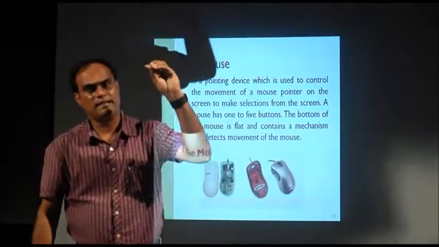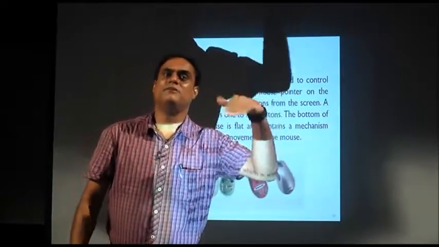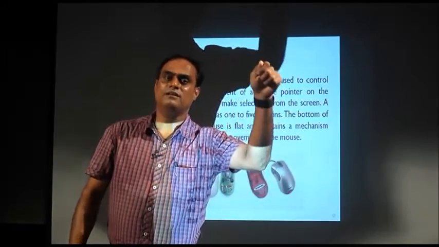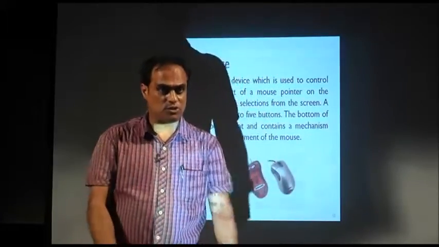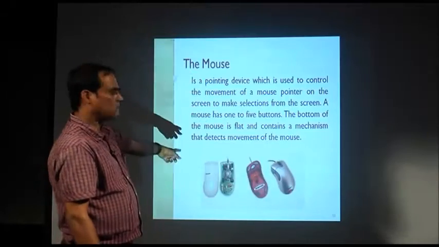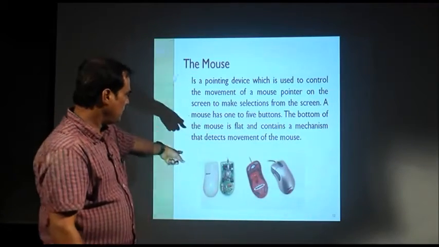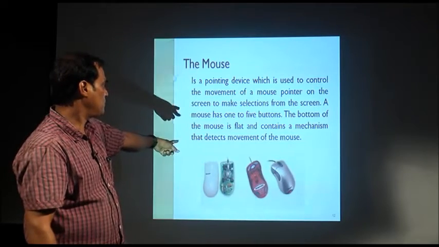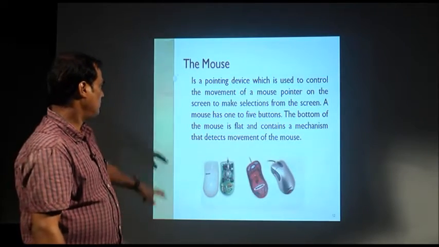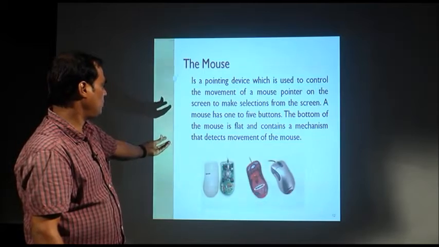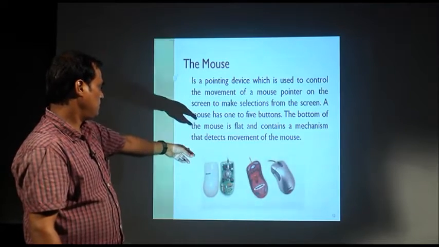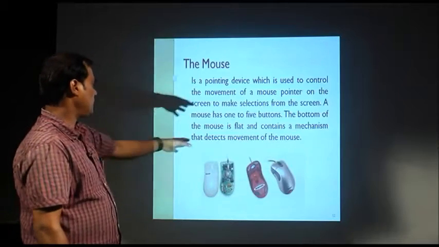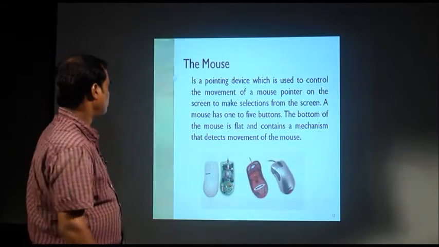For the graphical user interface input, this mouse came to the computing system, it is connected with the computer system, that means 2D, 3D, anywhere randomly you can go to any corner of the display unit and you can select anything. Selecting anything means you are giving certain instruction as input to the computing system. This is how the mouse looks, yes or no. Various types are there, roller mouse, ball mouse, this is the optical mouse, and this is the wireless mouse. So different types of mouse are there.